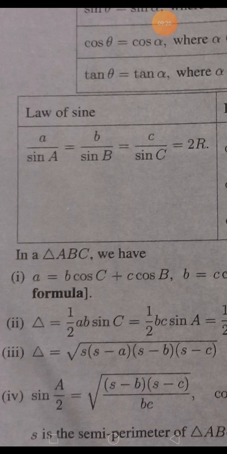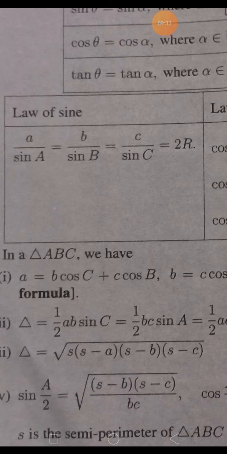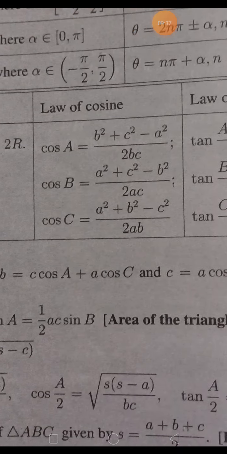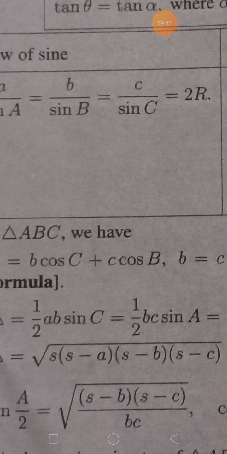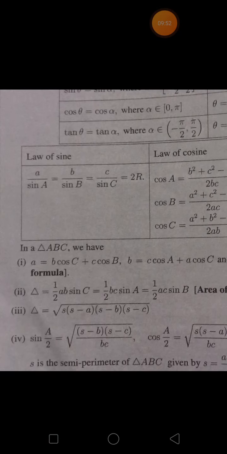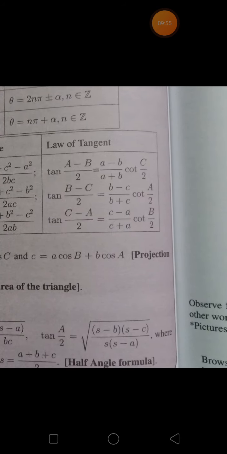How to find the s value? So s is equal to a plus b plus c divided by 2. That is the formula. If you want to find the s value, you have to add the three sides and divide by 2. After substituting, you will get the s value and then directly substitute in the formula: s value, s value minus a value, s value minus b value and s value minus c value, you will get the answer. That's it. So all the formulas you must read because all the formulas are very important. If you read thoroughly all the formulas, you can solve all the problems. Okay, next class we are going to see all the problems.